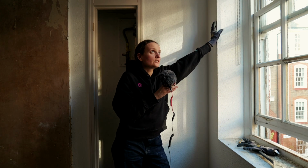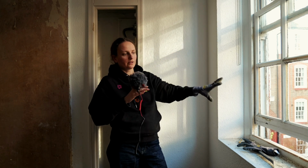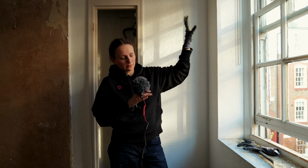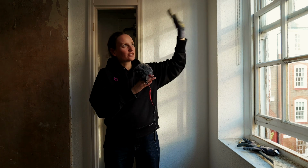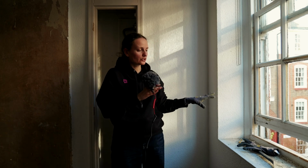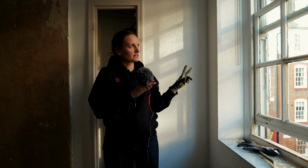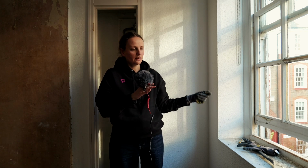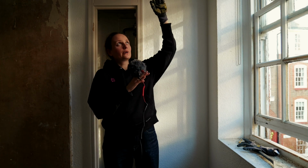If it's moving, I need to seal it. Basically, for sash windows, you can open the bottom part and the top part as well. So the idea is, if you want fresh air, you open the bottom one, but if you need ventilation, you open the top one, because the hot air goes